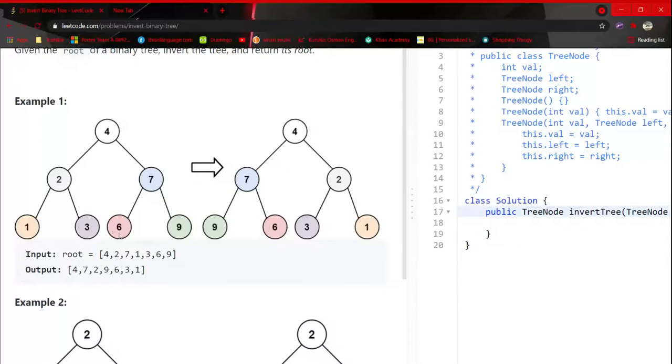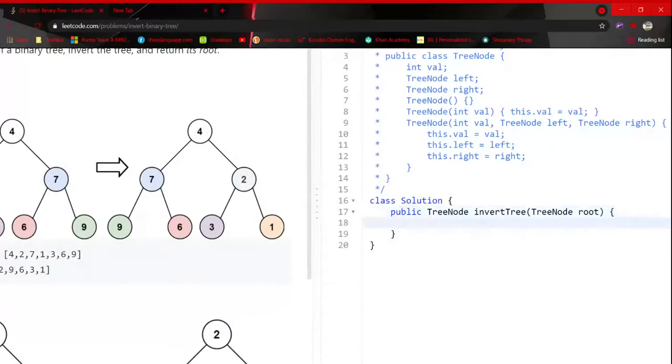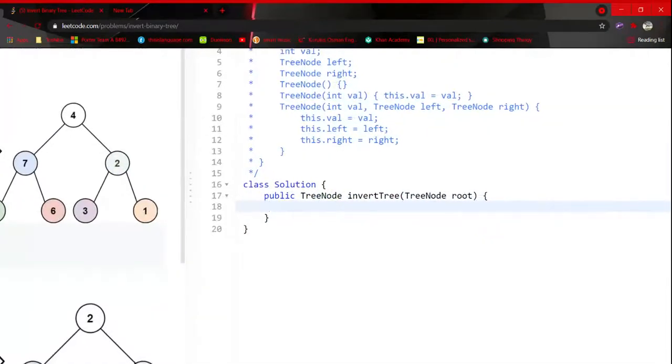4273169. So basically, to invert a binary tree, all we do is flip its nodes. So we have 2 and 7. To invert it, we're just going to flip the nodes, so it's 7 and 2. To do this, we're going to need to create an algorithm to invert the tree. So let's implement that. First of all, I'm going to open up my code